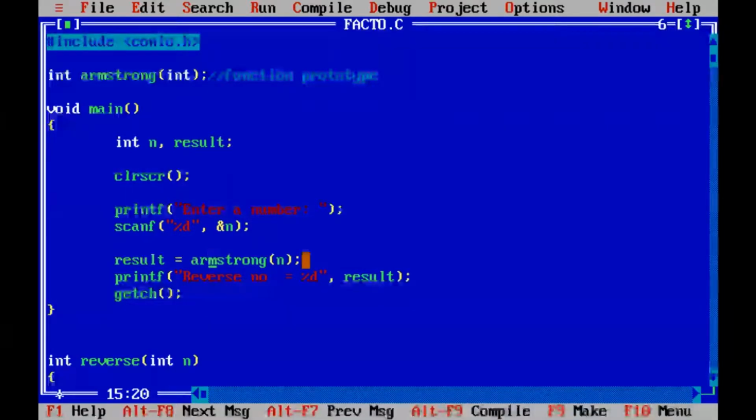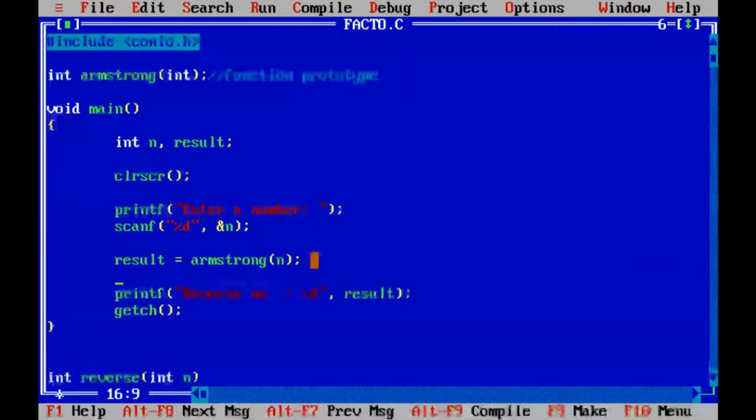Now my job is, after checking that number, I must say if result equal to 1, then I'll display here printf Armstrong number.